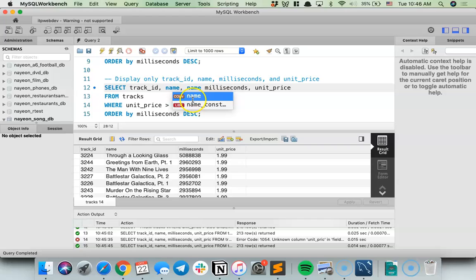Yeah, I don't know. Maybe it's a reserved word, but in our case, luckily it's not throwing an error or anything. It's allowing us to still see the column. Okay.